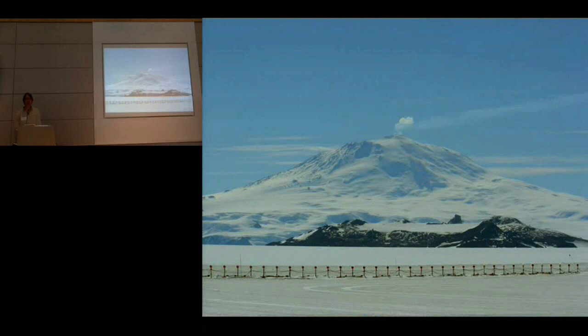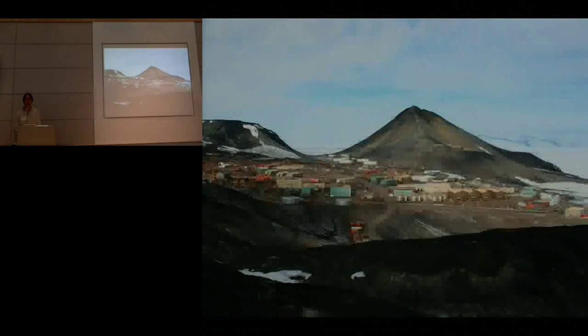That's Mount Erebus. It's kind of weird to go to the bottom of the earth and see an active volcano, but there it is. And that is McMurdo Station itself, which some people think is really nice. I think it's kind of dirty, but it certainly has its appeal. No, that's actual dirt. There's actually exposed land there. So